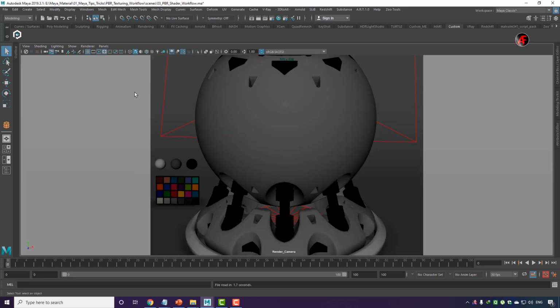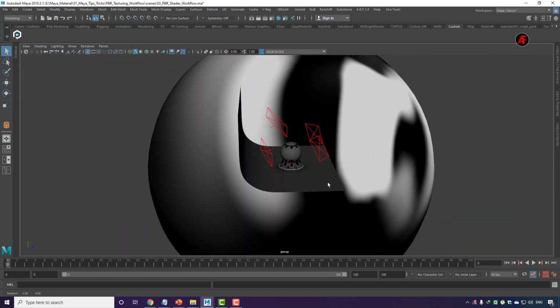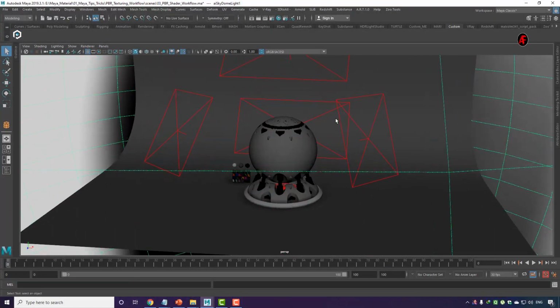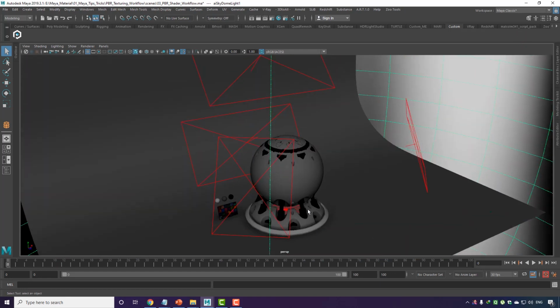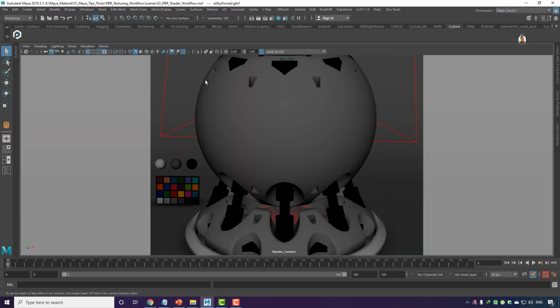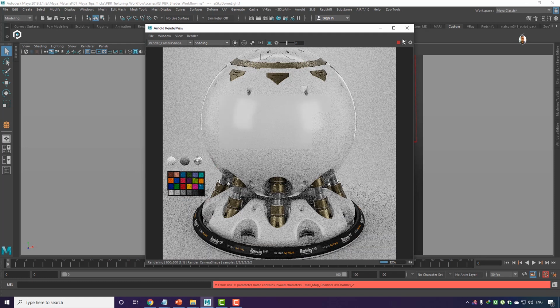Alright, before I start again, let me explain the scene which I'm using right now. So I'll go to the perspective over here. You can see, guys, I'm having one backdrop, one HDR light and 4 lights, which is illuminating, 5 lights basically, I must say. These 5 lights are illuminating the entire scene of mine. So let me come back here to the render cam, and let's just take a test render over here. So this is the scene which we are going to use for this particular video.